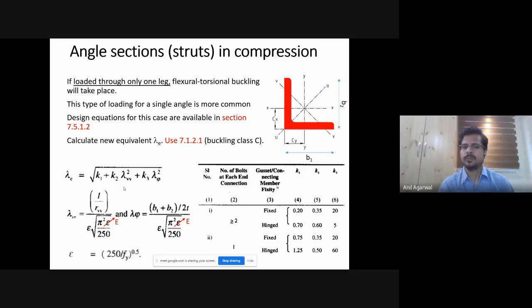However, in the Indian code, we have adopted a different approach. This is not theoretically sound, but it does not mean that it is not good. Whether an equation or any formula given in the code is good or not depends on its accuracy of prediction. If it predicts the capacity accurately enough, conservatively enough, then it's good. Now, a couple of other important